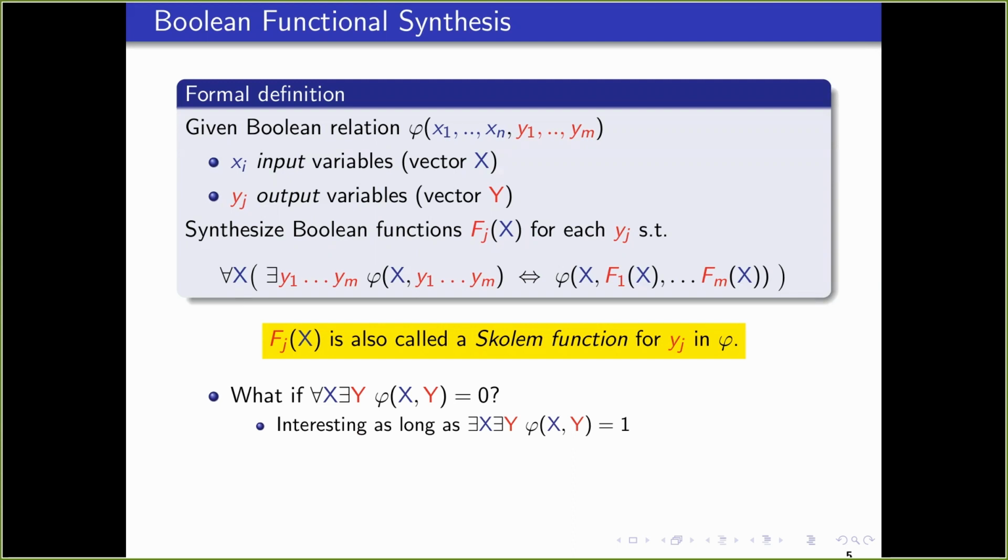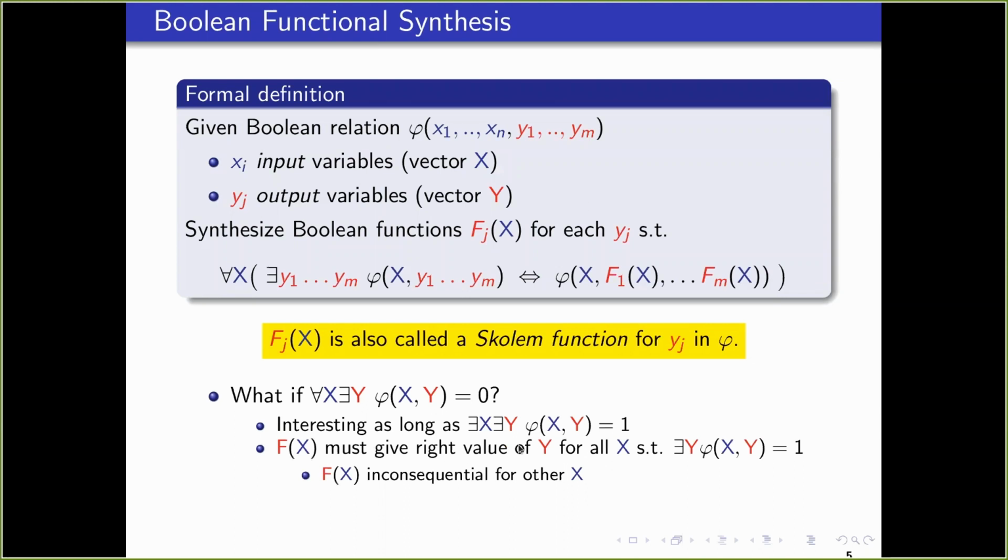I guess the factorization problem indeed shows that although if X is a prime, there is no meaningful way to get Y, it's still important because perhaps the useful cases are when X is not a prime. And perhaps the useful cases are when X is just a product of two primes. So it's interesting as long as there are some inputs for which this stays meaningful. And for such inputs for which this problem is meaningful, Fx must give the right value of Y for all such X. And for the other inputs where it is not meaningful, we don't care. For example, if X is a prime number, we don't care what Fx turns out to be.